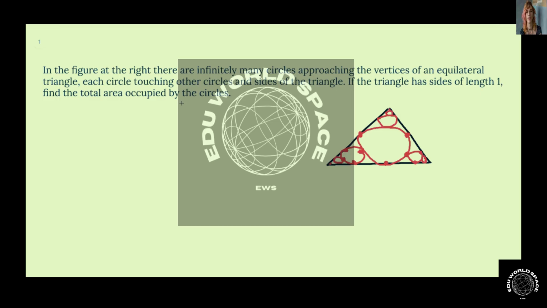In the figure at the right, there are infinitely many circles approaching the vertices of the equilateral triangle. And we see each circle is touching other circles and also the sides of the triangle. We're given that the triangle has side length 1, and now we'd like to find all the areas inside the circles. So let's observe that since the side length is 1,